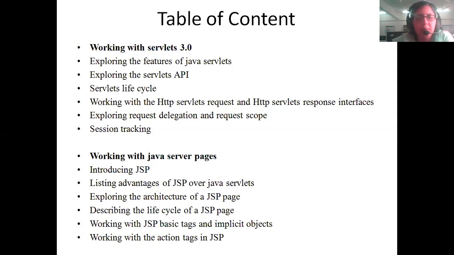So they will be able to write an enterprise application where you have servlets and JSPs, and if you have learned the JDBC concepts from the previous modules, you will be able to integrate it with the database and develop a complete three-tier product. Okay, so let's start off with the servlets.